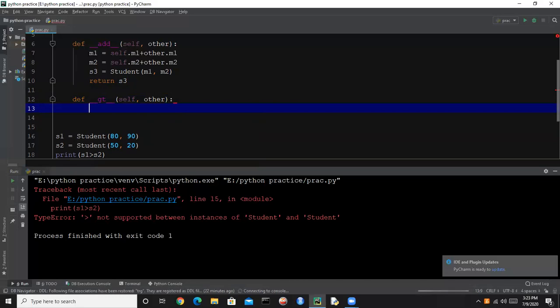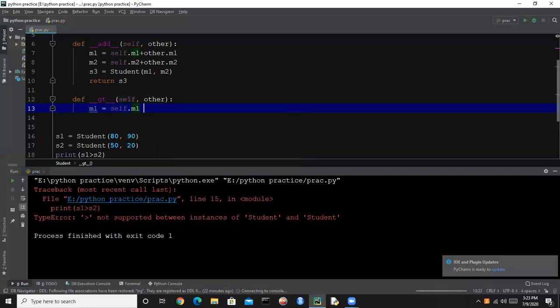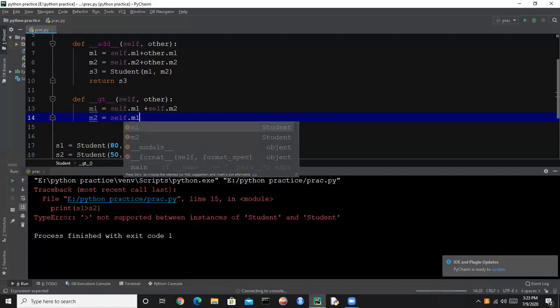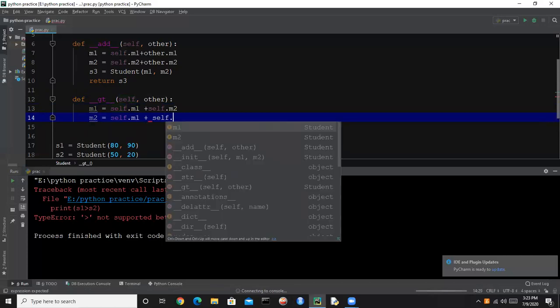So what we can do now is say m1 equals self.m1 plus self.m2. Now we are adding the first student's marks for all the subjects, and the second student's marks for all the subjects, other.m1 plus other.m2.